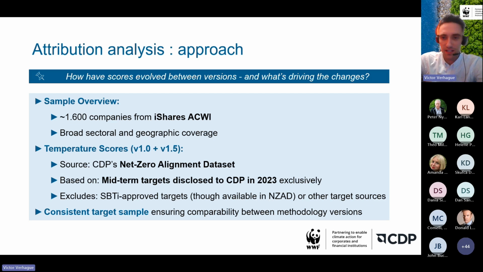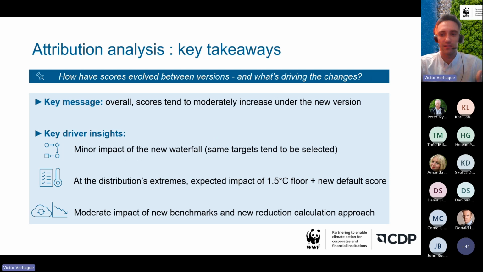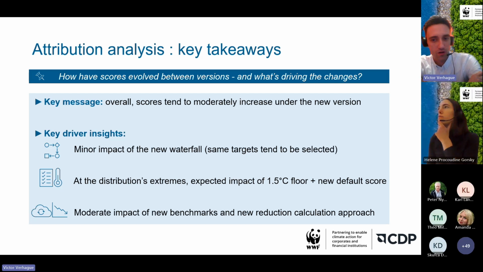And before diving into the details of the analysis, we wanted to highlight our main conclusions upfront. And the key message that we wanted to share with you today is that overall temperature scores tend to increase moderately under the new methodology. So what's driving that? One aspect that surprised us somewhat was the minor impact of the revised target selection process